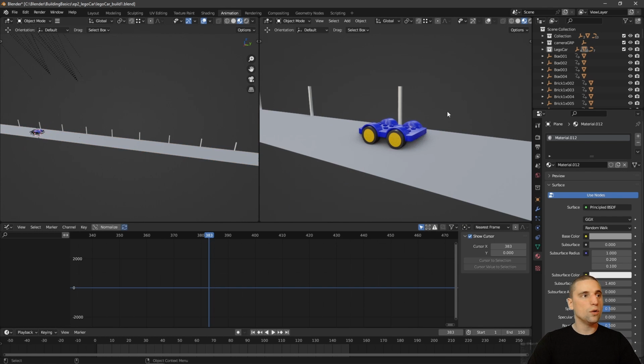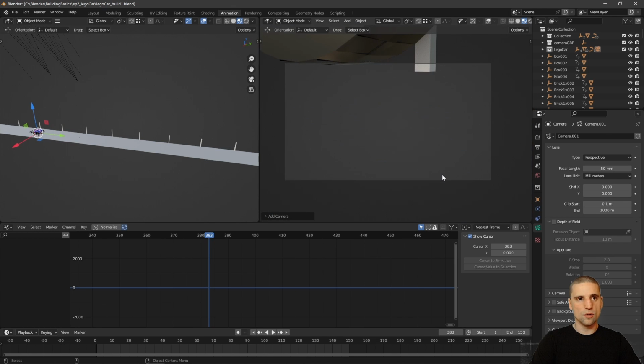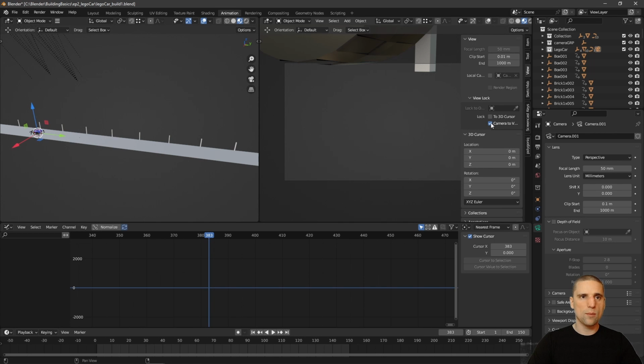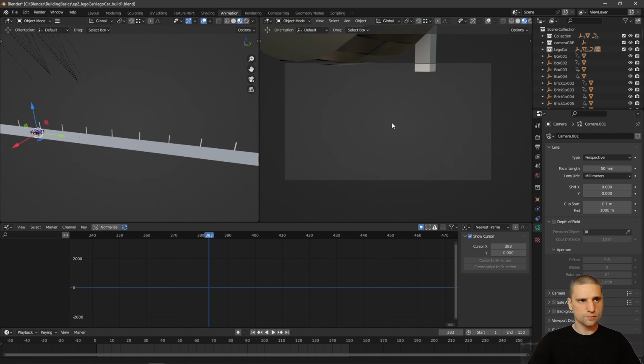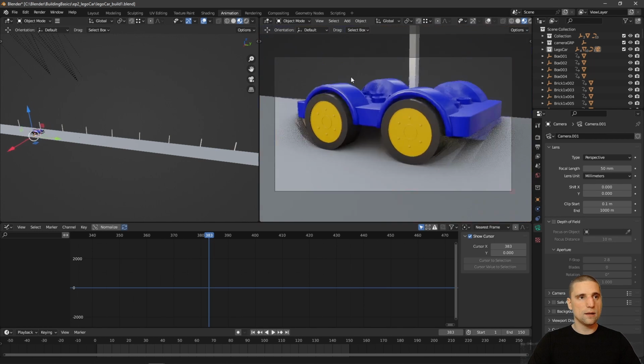Perfect. So let's go ahead and now Shift A. We're going to create a camera. I'm going to hit 0 to frame into that camera. I'm going to hit N to bring my properties up here. Camera to view. I'm going to click that off for now. And I'm going to frame in a little bit, just to make this window bigger. I'm going to hit N again. Camera to view. I really love that button. And